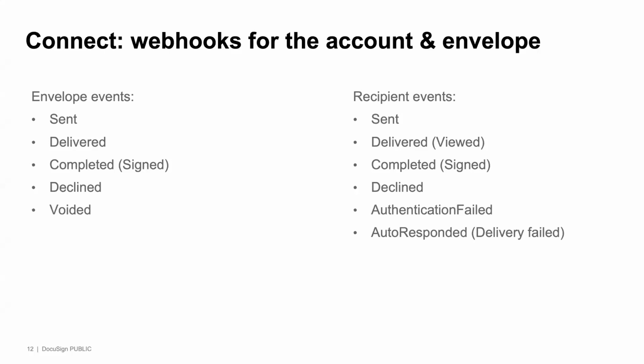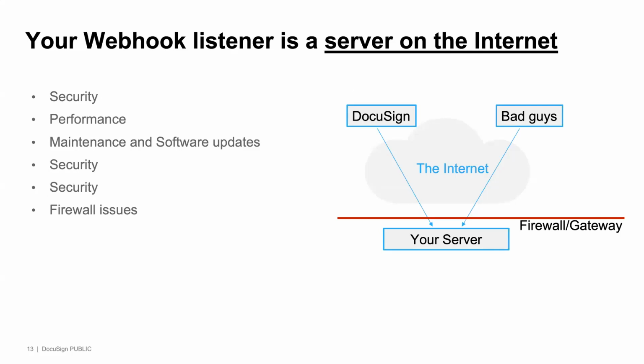Now, the last one, auto-responded, means that we were able to detect that an email was sent to the recipient, and the recipient's email system or some intermediate email system sent back an automatic response saying that the delivery failed. If you're interested in this event, then you want to check in with our customer service. Depending on defaults, they sometimes have to flip a switch for you to get this event notification, and there's no charge for that kind of thing.